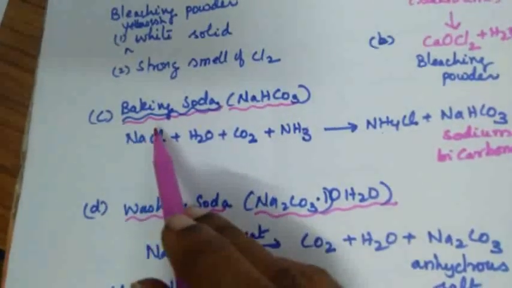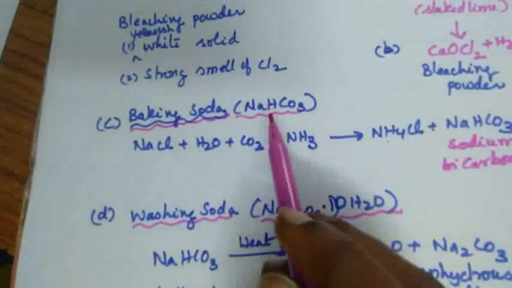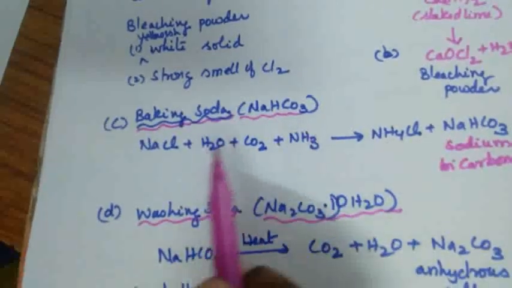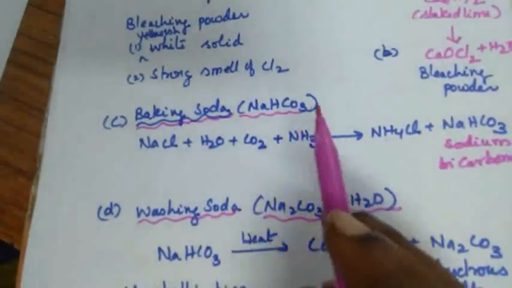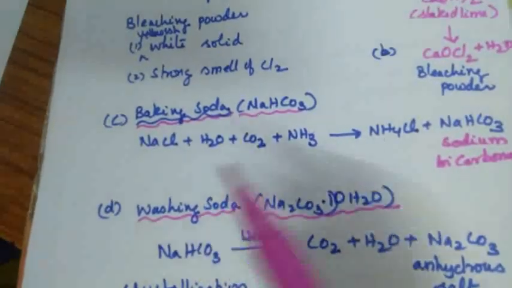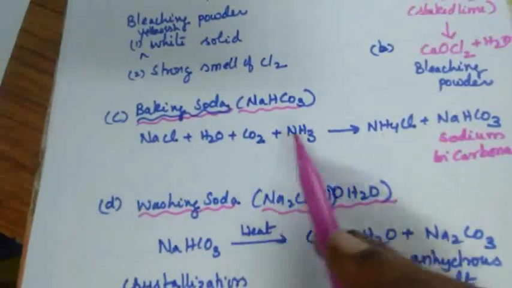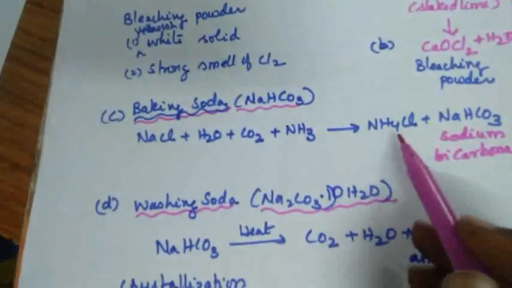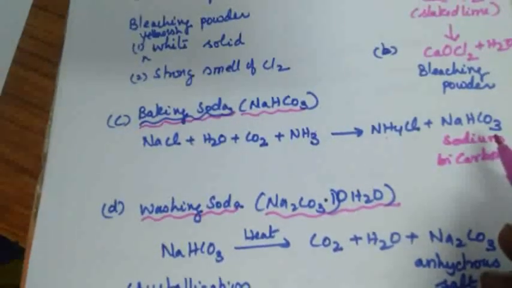See, I have sodium. I need hydrogen which I will get from water, and I need carbonate. So I have added carbon dioxide. We have seen the relationship, right? When carbonate is there, carbon dioxide is released. When I want carbonate, we are adding carbon dioxide. So this is the way, if we analyze and learn, chemistry becomes very easy. Sodium chloride, water plus carbonate. Why is ammonia added? To take up this chloride. So ammonium chloride is removed as byproduct and sodium bicarbonate we get as a product.